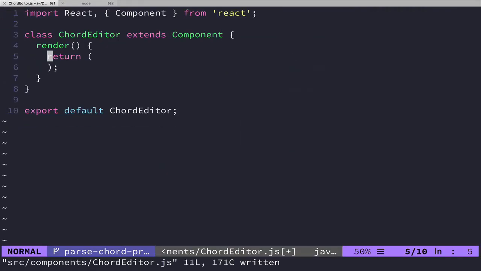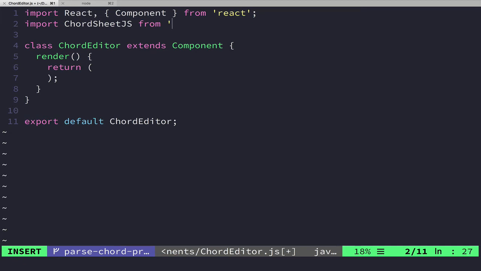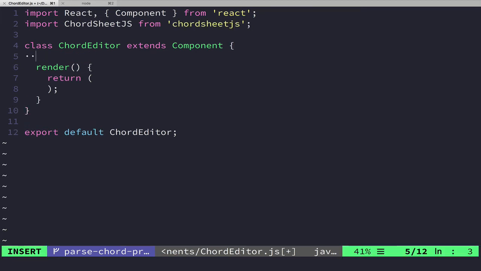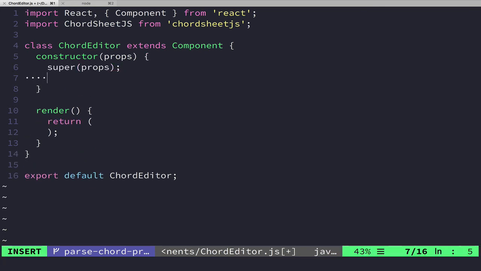Inside of the Chord Editor, we're going to need to import something else. So we need to import ChordSheet.js. And this will be from ChordSheet.js. Okay, we're going to also have a constructor here. So we'll say constructor, props. We need to do the super thing again. And then the stuff that we're going to set up in here is we'll call this handle change, which is going to be a function that we'll define here in a second. And then